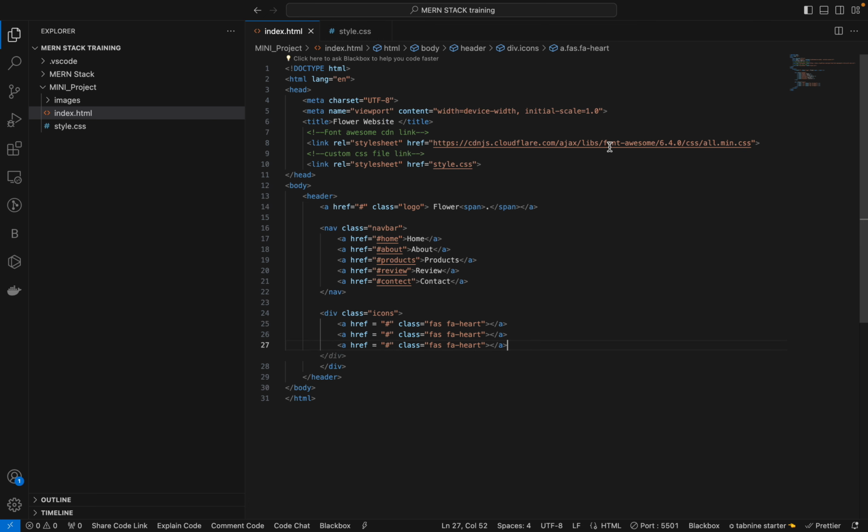So here we are using the Font Awesome icons, right? That Font Awesome icons is a CDN link. CDN means content delivery network link, where we are grabbing everything from, from Google Chrome for now, because we are not getting the icons from the client or the designer. In a real time scenario we will get it from the client. We have to just copy that and keep it in this one, but here we are not using that. So let me go to the live